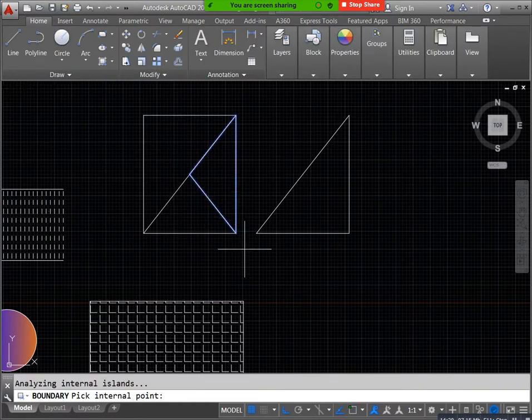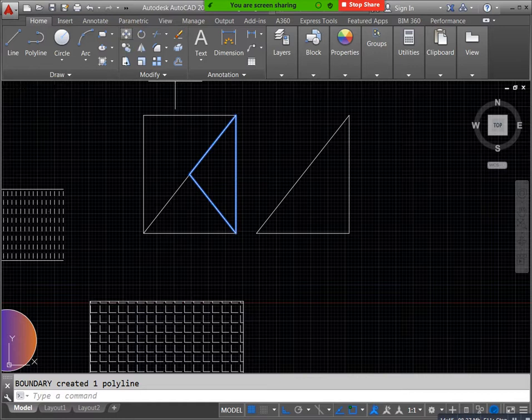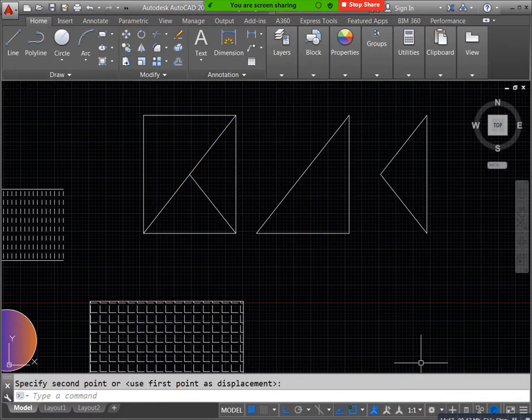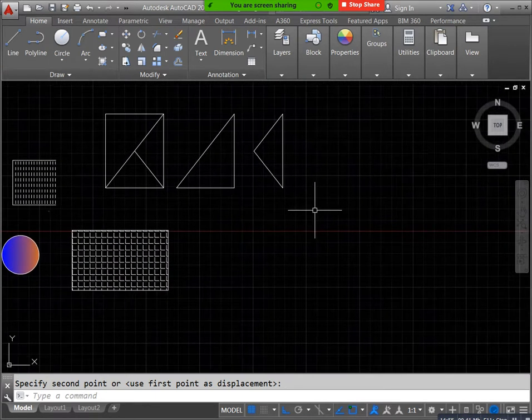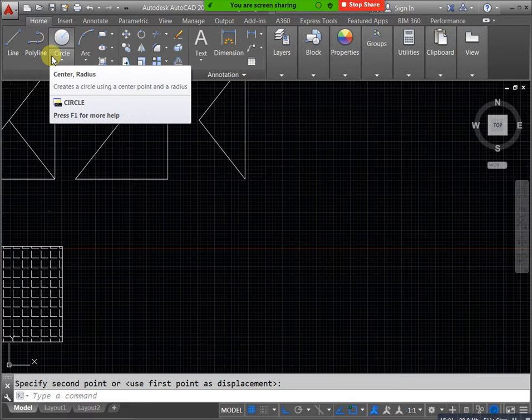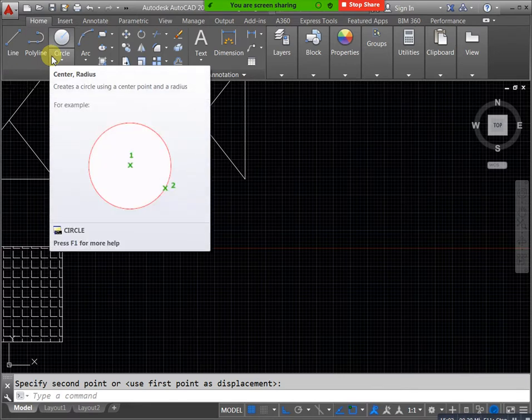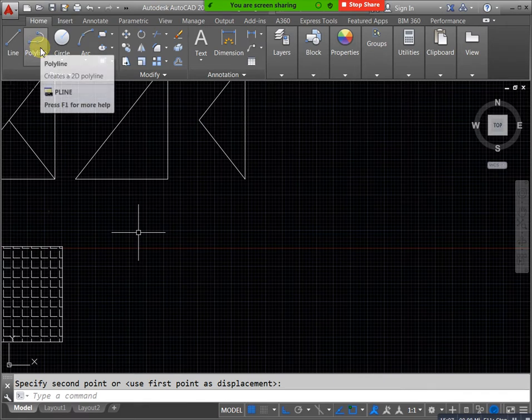Next we will discuss polygon and polyline. What is the difference between line and polyline? Simply we say that line is a single entity, polyline is a continuous entity. When you select your line, only a single item, a single line is selected, not the connections and joints.